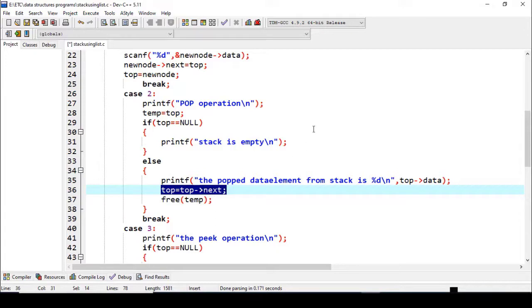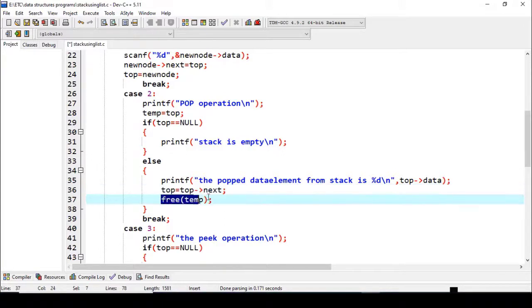If you remember the diagram, lastly after performing 3 push operations, the top was pointing to the 30 node, holding the address 300, and then top = top->next, it will become 200, pointing to the second node. And now I can free the temp. That's the reason the temp pointer is taken here, because we need to free the allocated memory also. So 2 pointers at the same node.